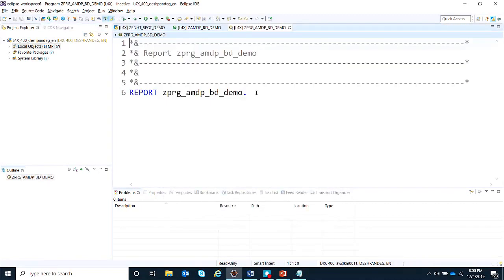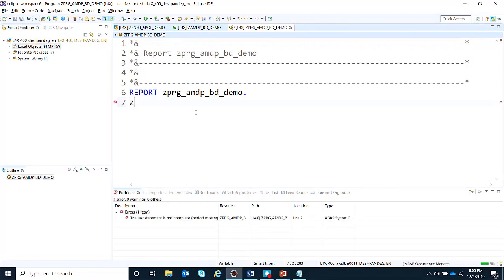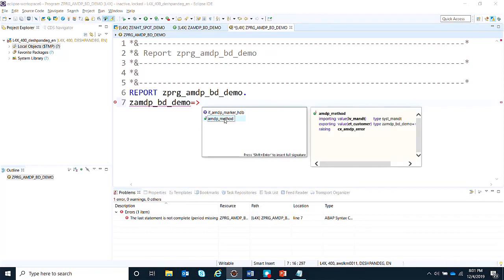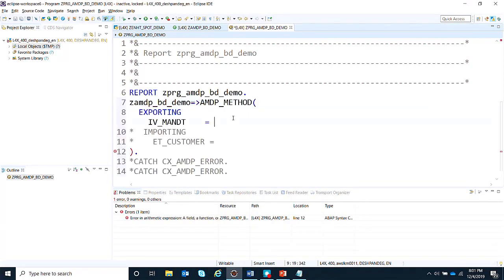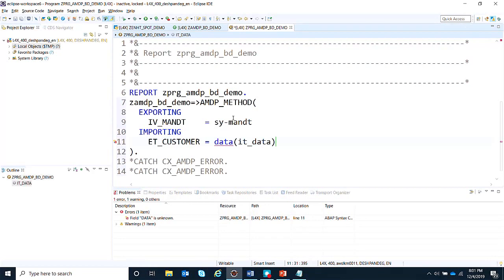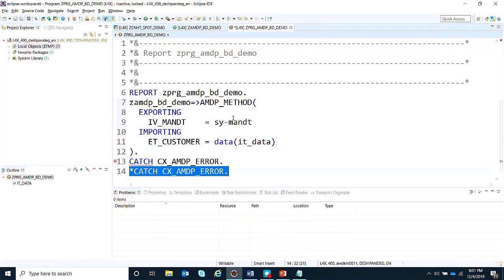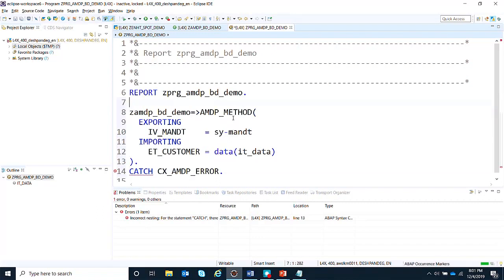And what you are going to do in this program is call your AMDP method over here. So AMDP underscore BD underscore demo, then the arrow operator. You can see your AMDP method. Press Shift and Enter. You need to pass parameters to this. To ManDT you can pass SciManDT, and for the importing parameter you need to remove the comments. Here you need to pass any internal table name, data into brackets IT underscore data, and here you can catch exceptions. So I will use a TRY and CATCH block